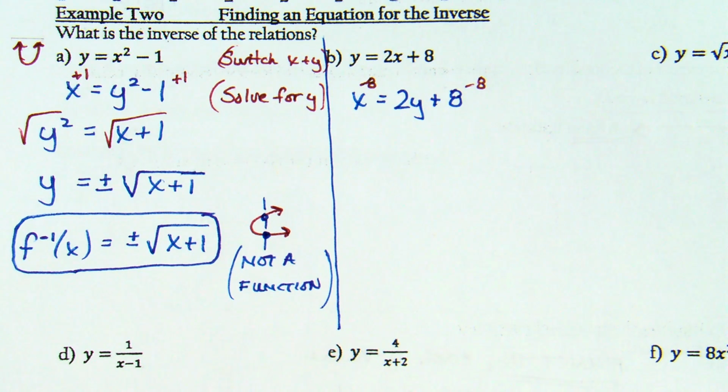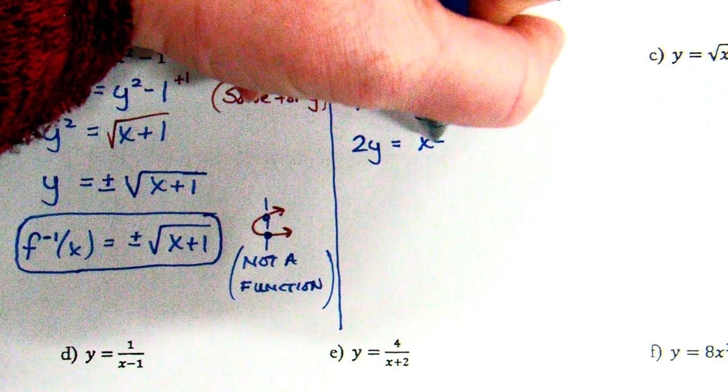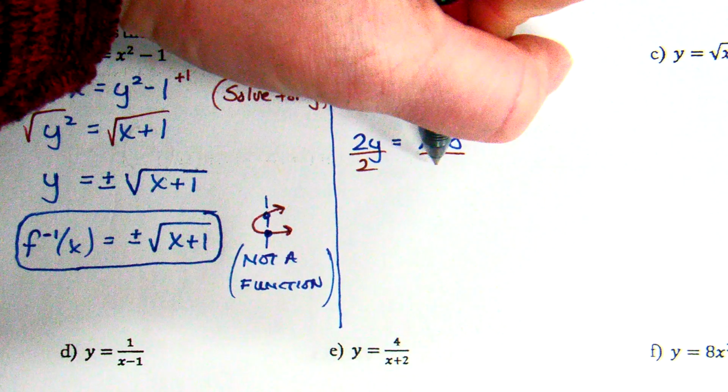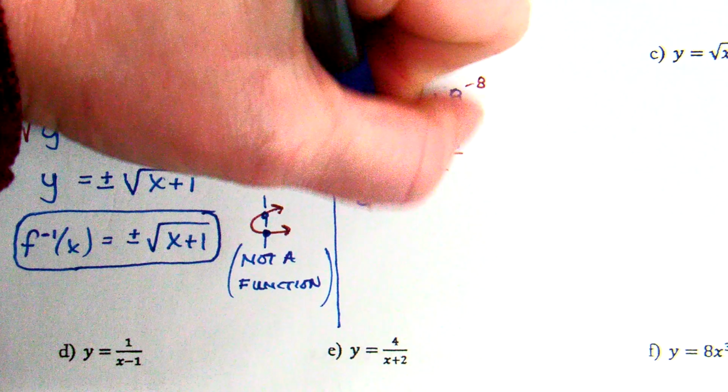Now, at some point, you may want to flip-flop your sides. Whether you do it on this step or the next step is up to you. Do you understand what I mean when I say flip-flop your sides? So for me, instead of writing X minus 8, can you handle it if I go ahead and write 2Y equals X minus 8, instead of X minus 8 equals 2Y? Okay. Is Y by itself? Okay, not yet. I need to divide by 2. You divide the left by 2, you divide the right by 2. So we end up with,